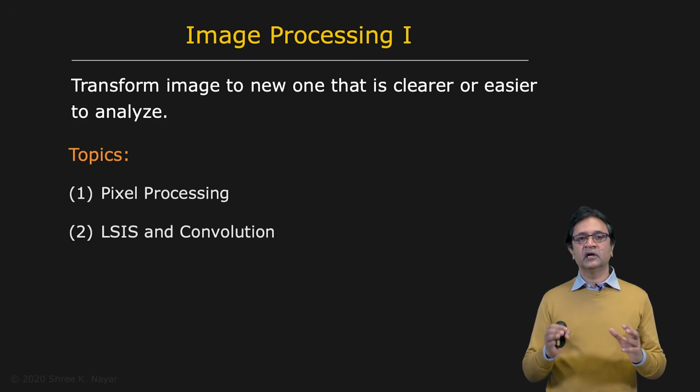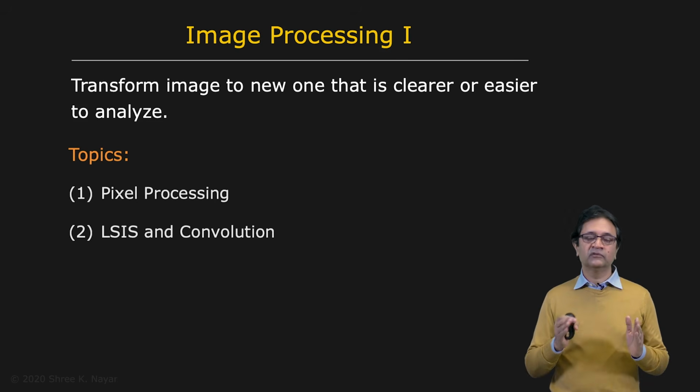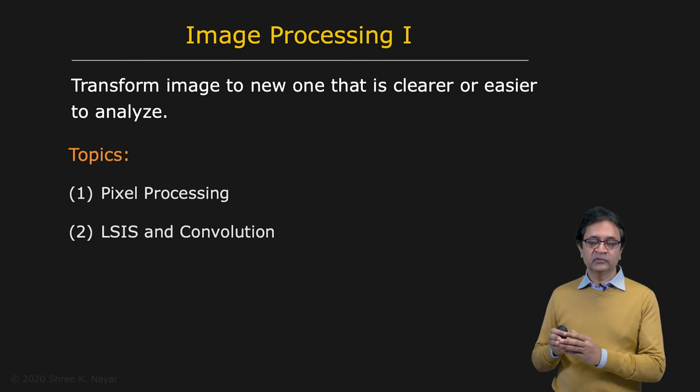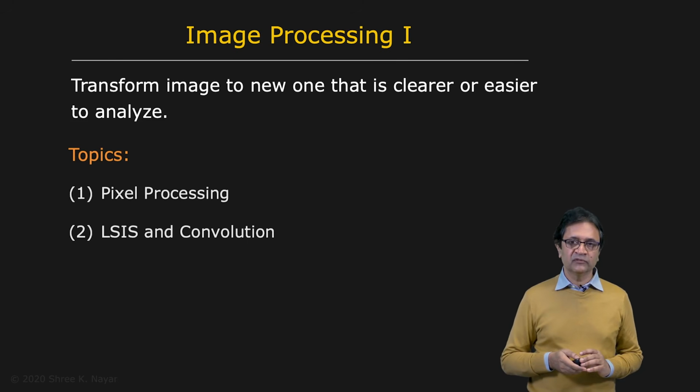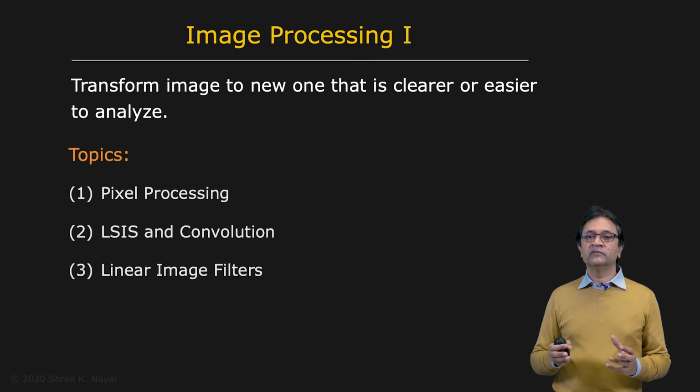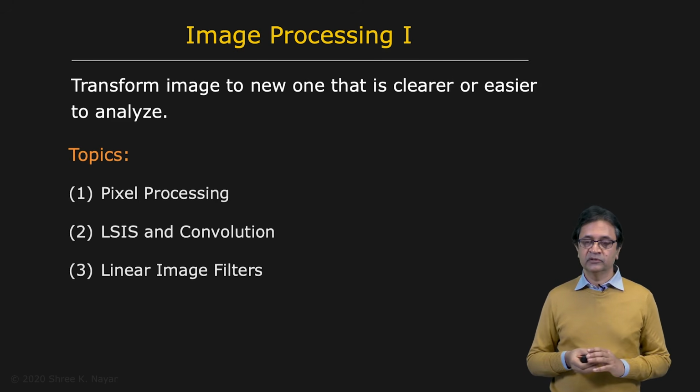Next, we're going to talk about linear shift invariant systems. This is a very important class of systems in image processing. A lot of operations that are applied to images are linear and shift invariant. And it turns out that any system that is linear and shift invariant can be implemented as a convolution. So we'll look at what a convolution is, an extremely important concept, and look at the properties of convolution. Then based on convolution and linear systems theory, we can develop a suite of linear image filters, very simple to apply as they can be applied using convolutions. We'll see what kind of modifications we can apply to an image using linear image filters.